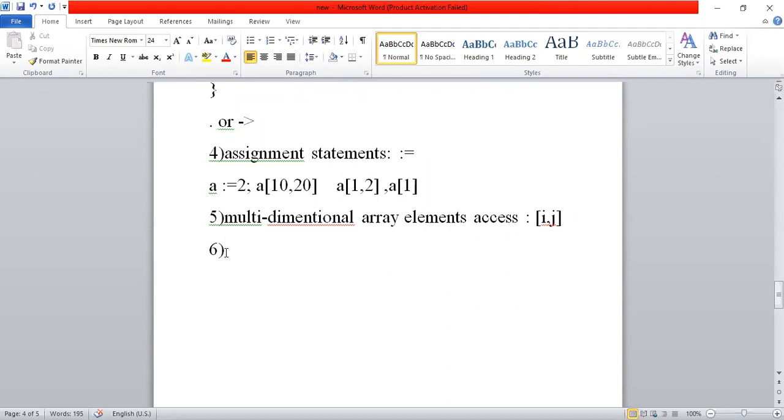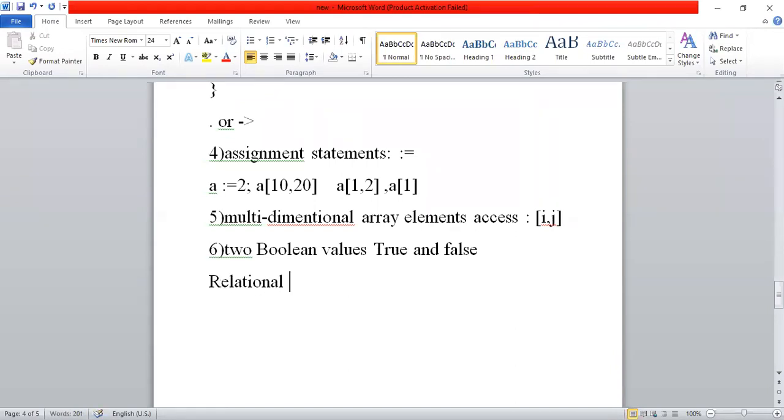Next one is, sometimes we use two Boolean values. What are those two Boolean values? True and false are the two Boolean values. So how can we get true and false as results? Based on relational operators.